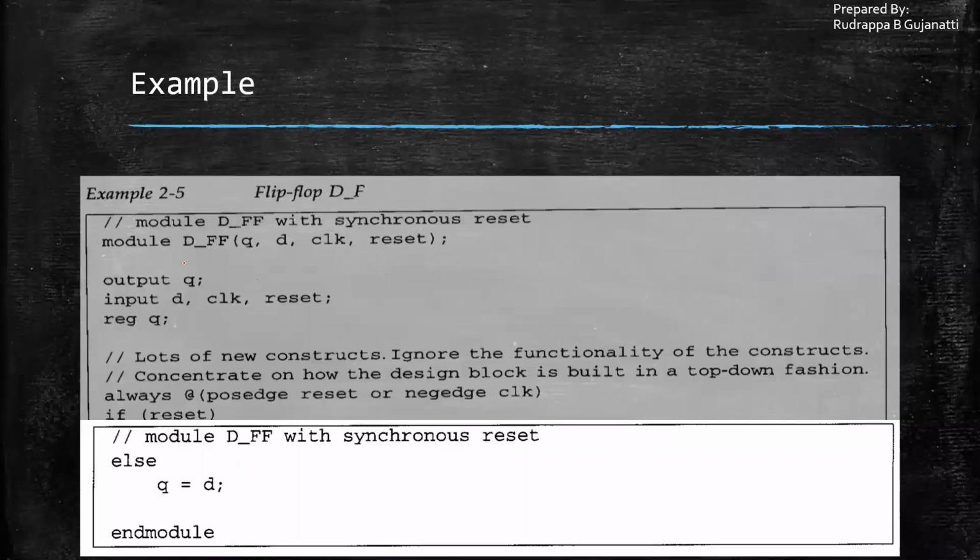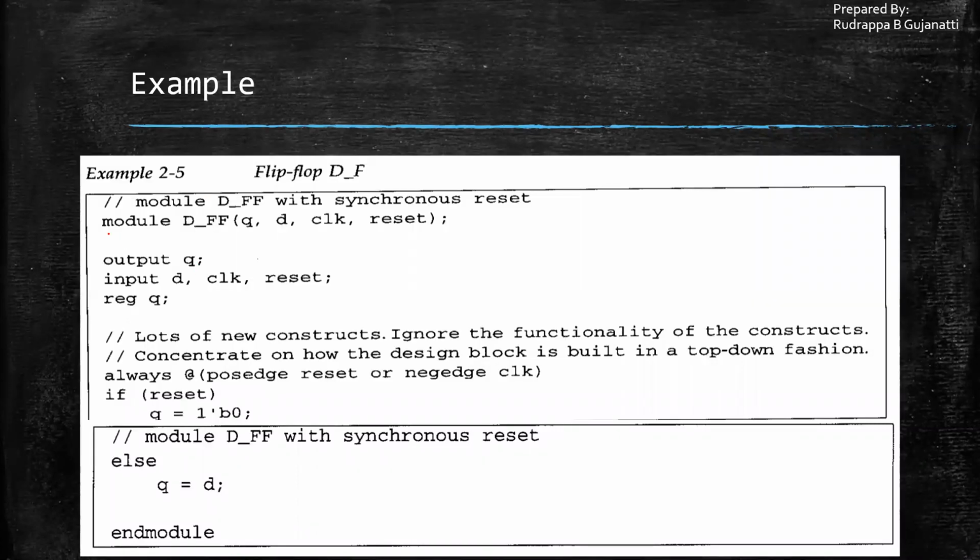Here we can just observe: we have module D underscore flip-flop, which is the name of this entire module. Then we have endmodule, which terminates this entire module. Then we have the four parameters as we saw over there.